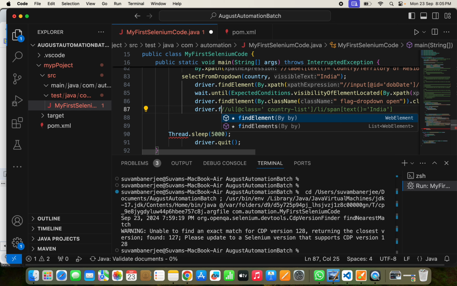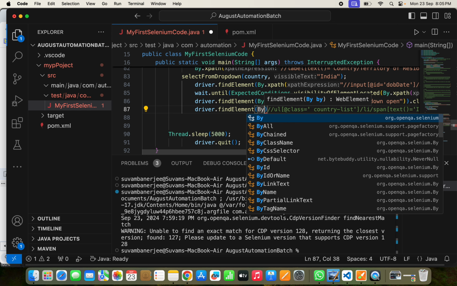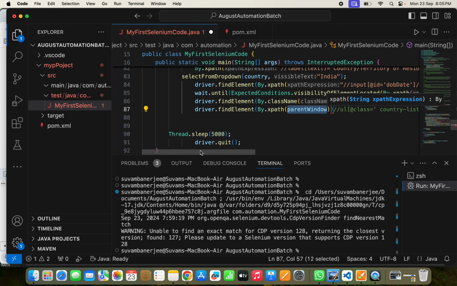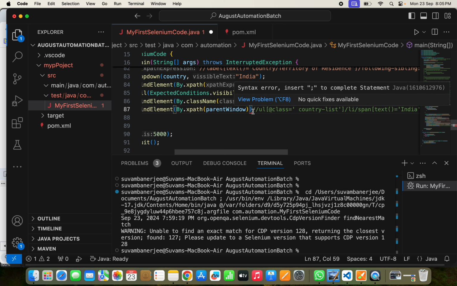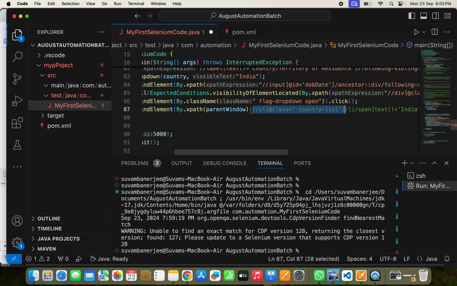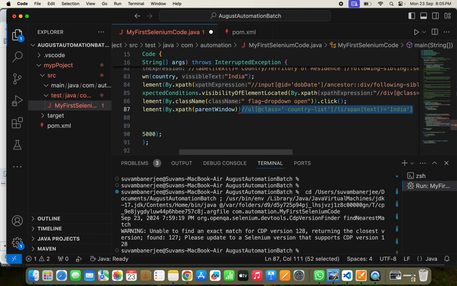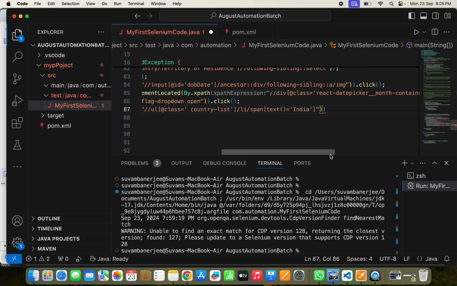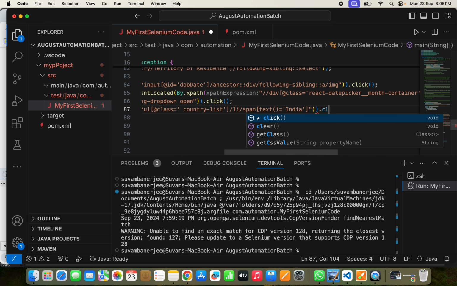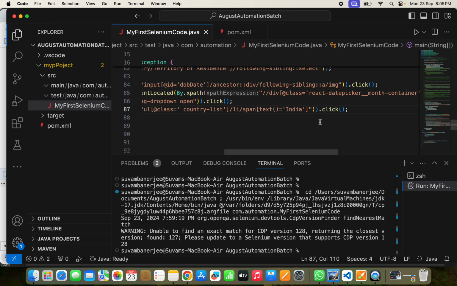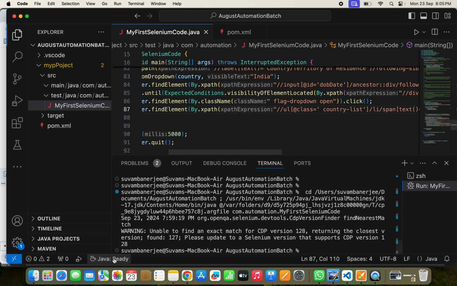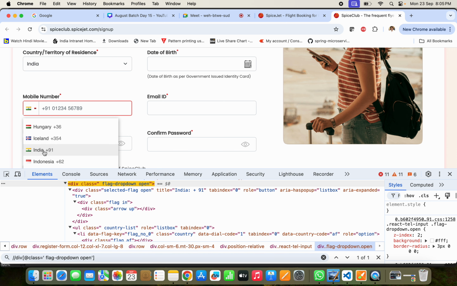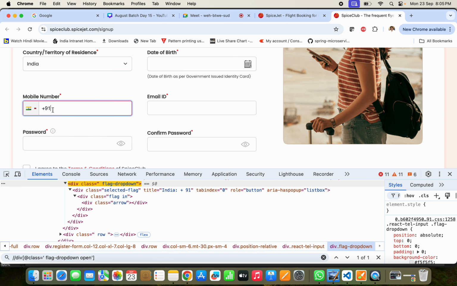ड्राइवर डॉट फाइंड एलिमेंट बाय डॉट एक्स पाथ. अभी एक्स पाथ यूज़ करेंगे हम लोग, वो ul वाला, करेक्ट. कंट्रोल एक्स. हाँ, जैसे आईडी, क्लास नेम, नेम, क्लिक. ओके, ये इंडिया, you are selecting India. Now suppose India selected. Now यहाँ पे 91 है, +91. ठीक है, इसके बाद आपको you have to put the